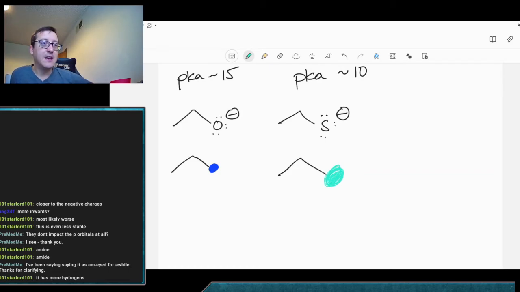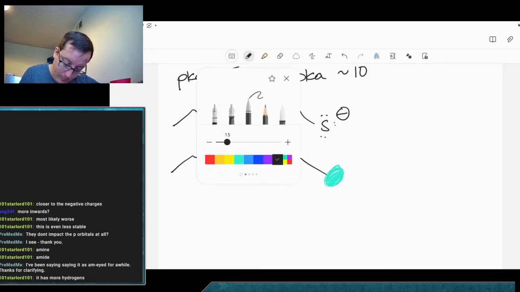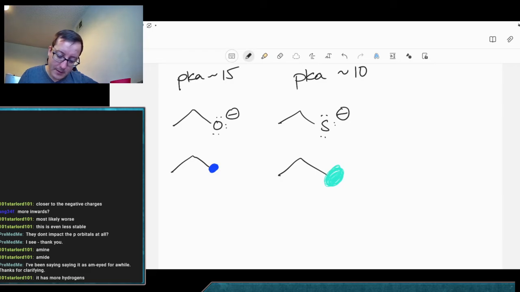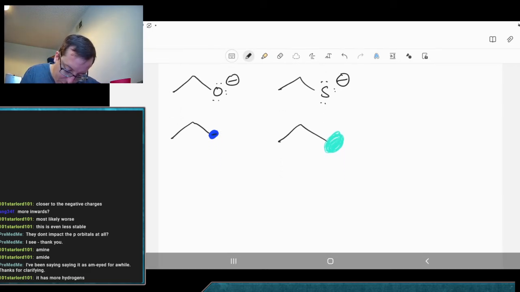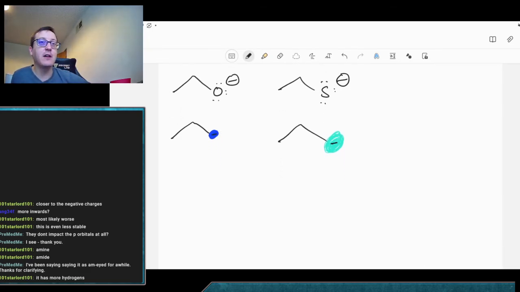With keeping in mind that the sulfur is much, much bigger than oxygen is. Sulfur is in period 3, oxygen is in period 2. Sulfur has a whole set of d orbitals that it can deal with. It's got a much bigger atom than oxygen does. And so we're going to see that if you have a negative charge in this thing versus a negative charge in that thing,